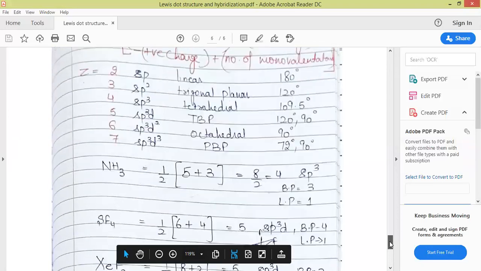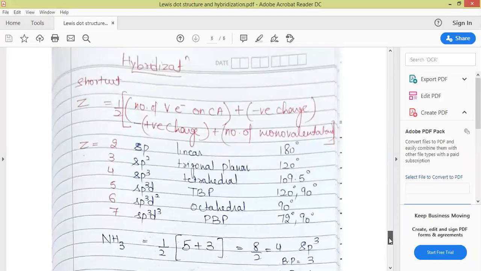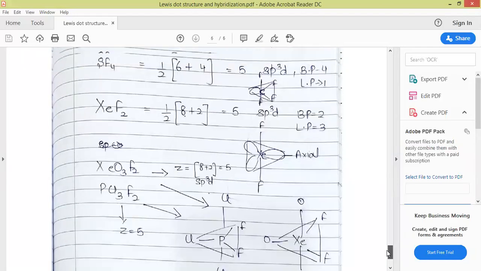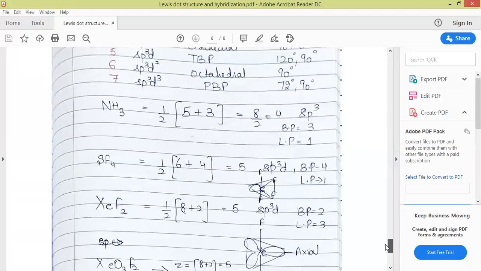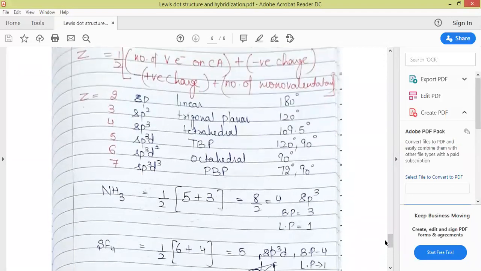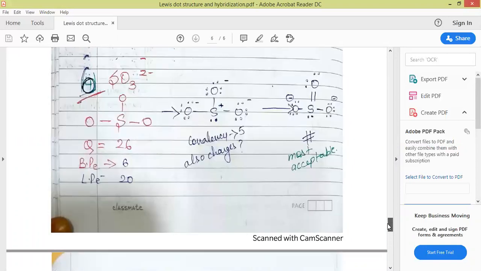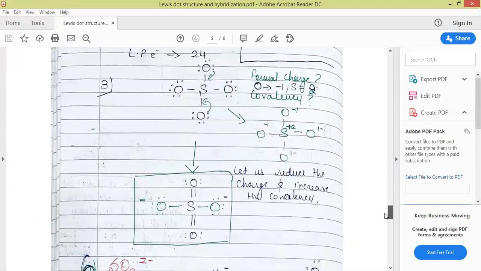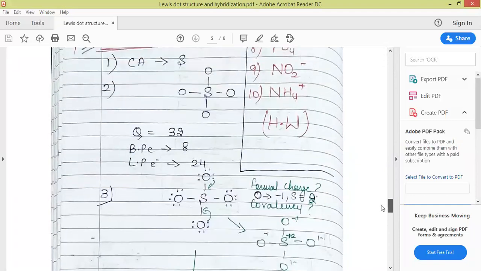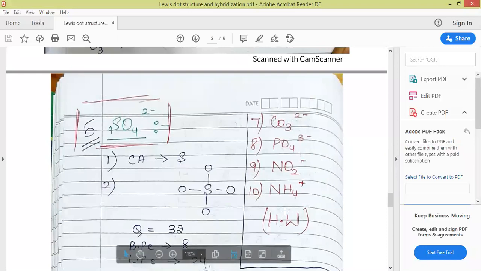So this is how you calculate the hybridization as a shortcut, and this is how you draw the shapes and geometries, and what the basis of geometry and the basis of shape are. Now I have told you everything about this. I hope now you'll be able to draw each and every structure. I want you to practice Lewis dot structures for these four molecules, and you can send this to me in the form of an image or photograph as an assignment on Lewis dot structure based upon this.